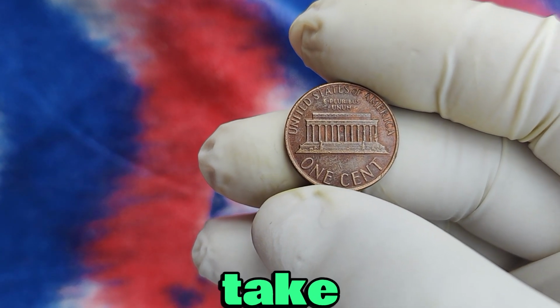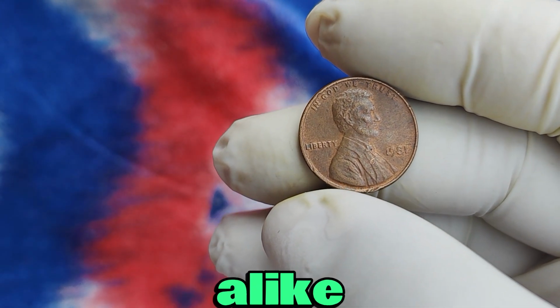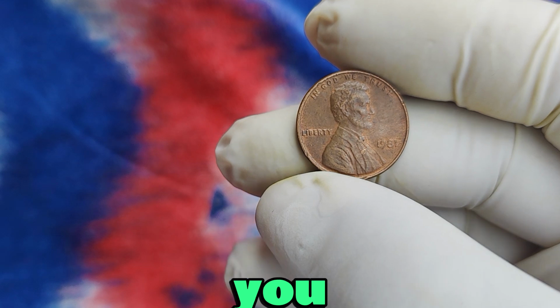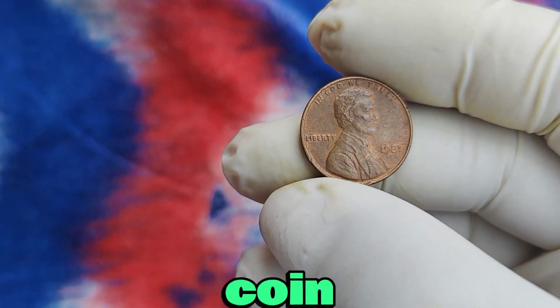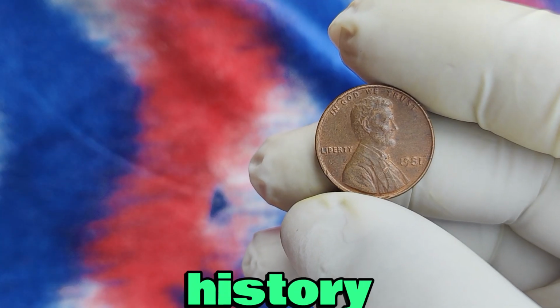Today, we're going to take an in-depth look at a penny that has captured the attention of collectors and investors alike, the 1981 Ultra Lincoln penny. And let me tell you, this penny is no ordinary coin. If you find one of these, you could be holding on to a piece of American history worth a staggering